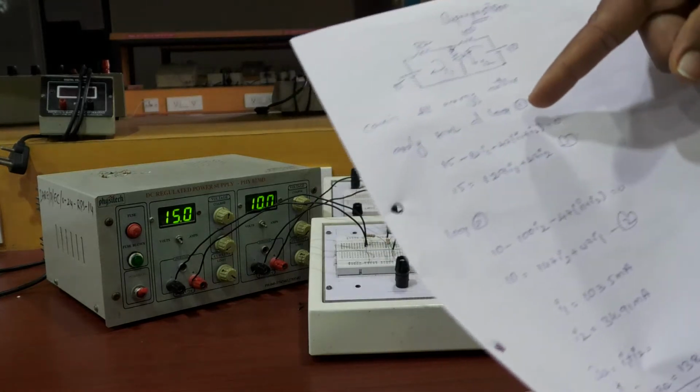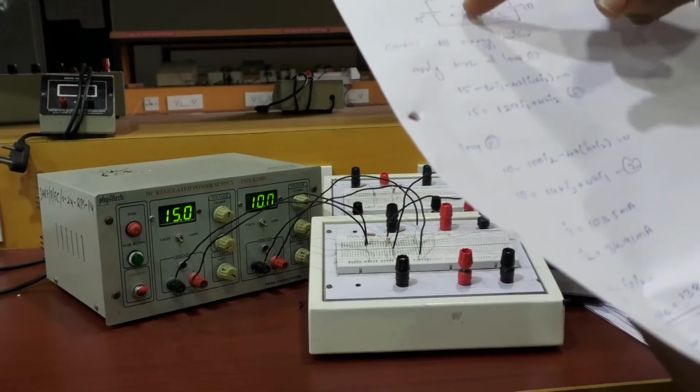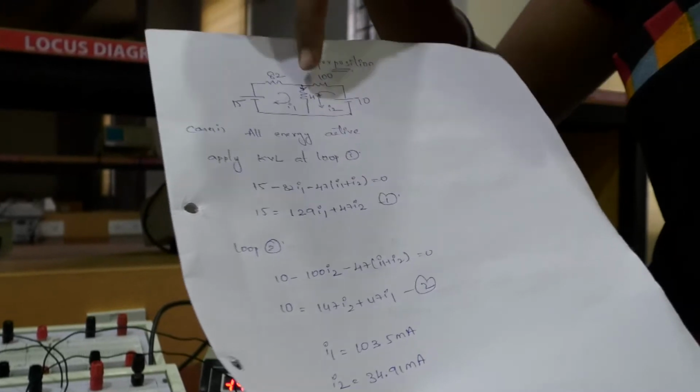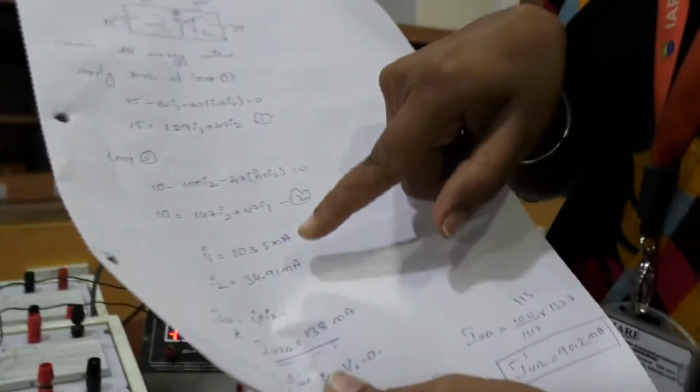If we come to the practical point of view, this just looks like a loop. So you can use the mesh analysis which we have discussed earlier. You can use the mesh analysis loop 1 and loop 2 equations, where you get the values of currents I1 and I2. Now see the directions of current: both are coming towards, so you can sum the I1 current and I2 current.